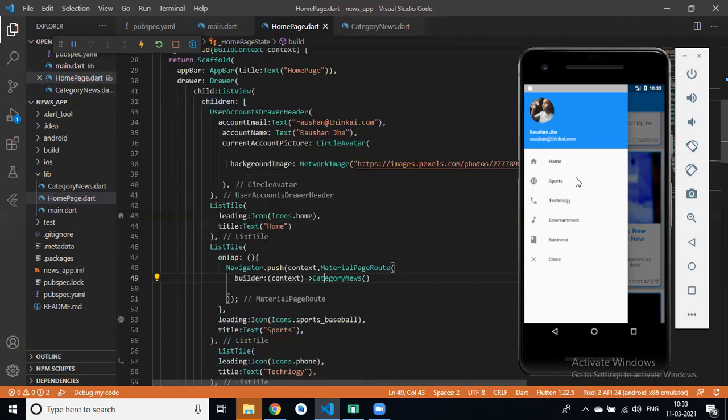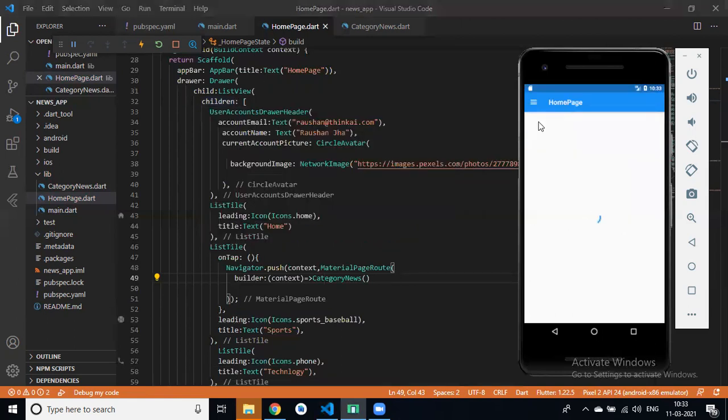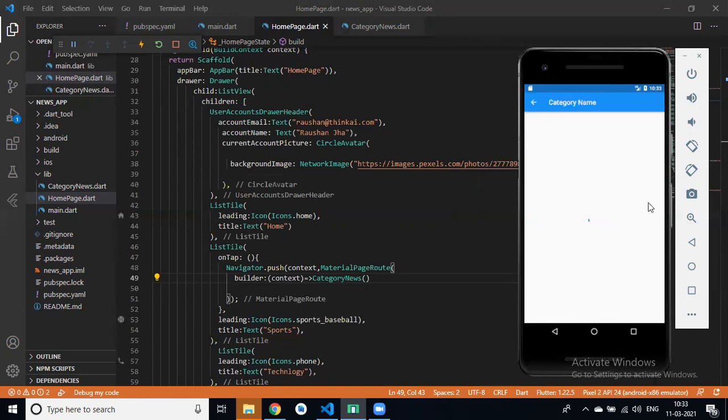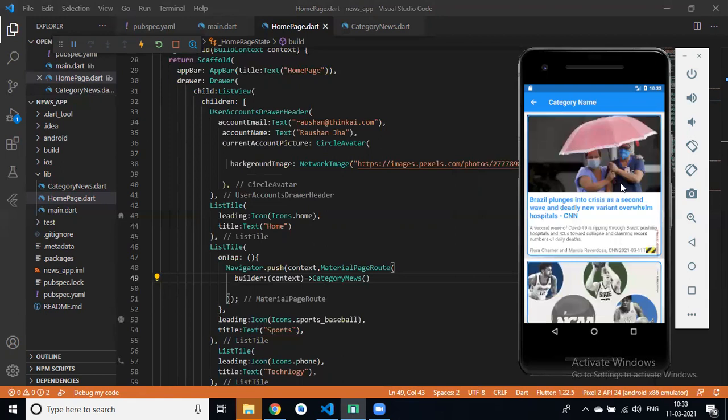So if I click on this sports, on sports we have a category name and we have news, right? So what I want now is to display the category name.